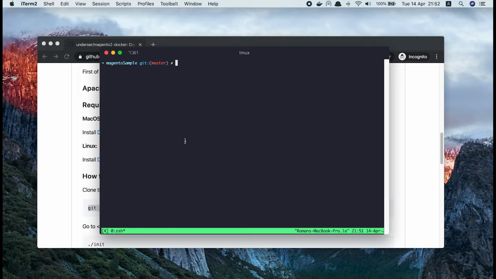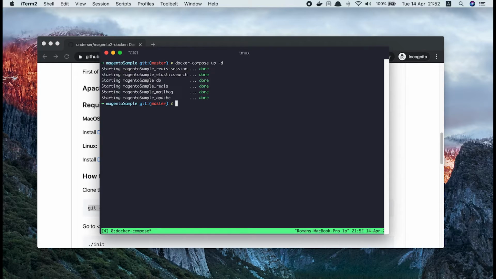Let's run containers with docker compose up -d command. At this point, it's important to understand that if you have some local web server which already takes port 80, command will fail. So you need first stop your local web server. In our case, everything is fine, so we can copy our project files from host machine to container by running